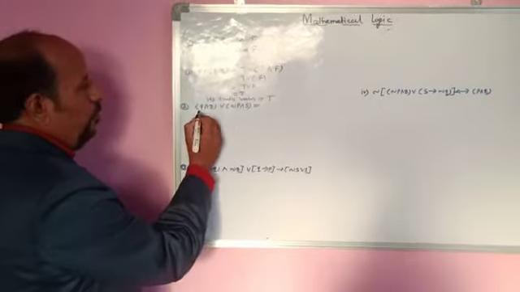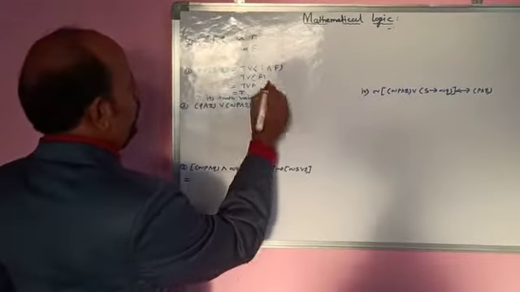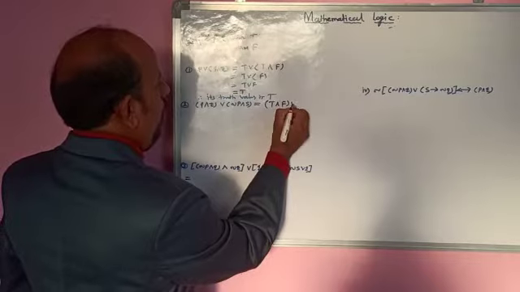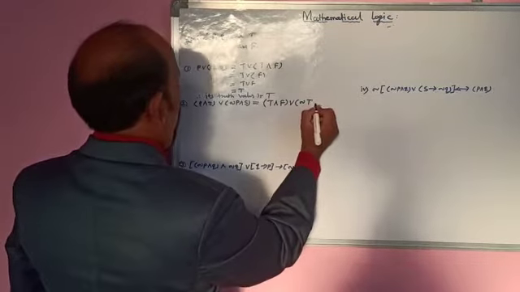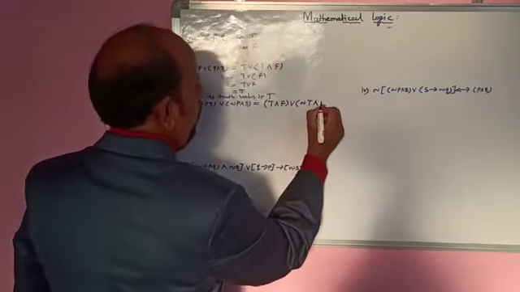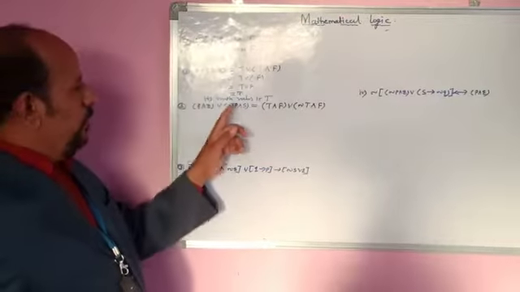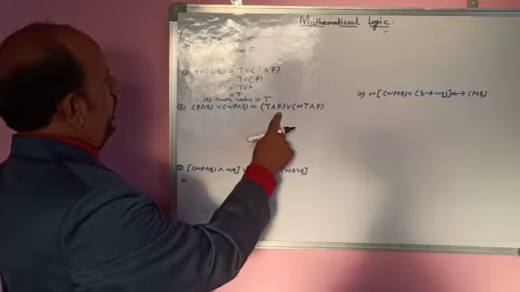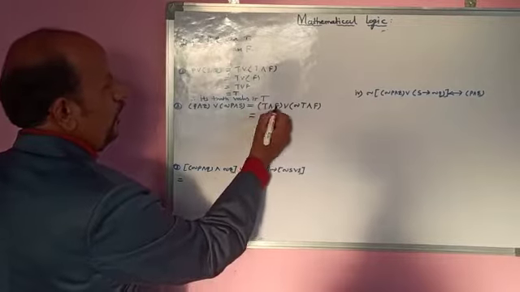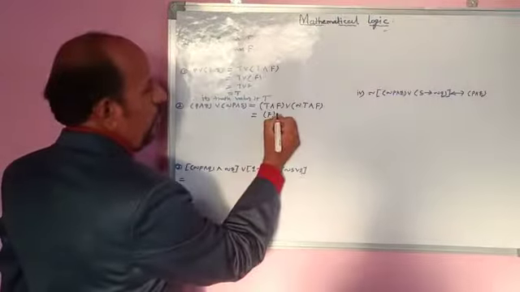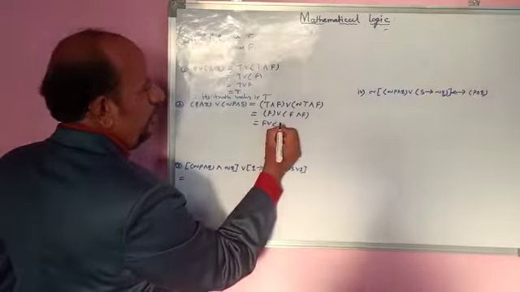Now, second example. Similarly, we write the values of Q and R or negation P and S. Therefore, Q means T and F or negation P. Negation of P means T, and S means F. We write the values first, without changing any signs: Q means T and F or negation T, and negation T and F. Therefore, T and F is F, or negation T means F, and F. F or F and F.